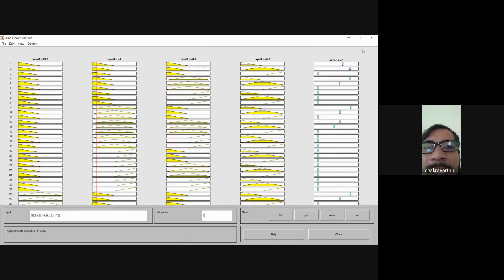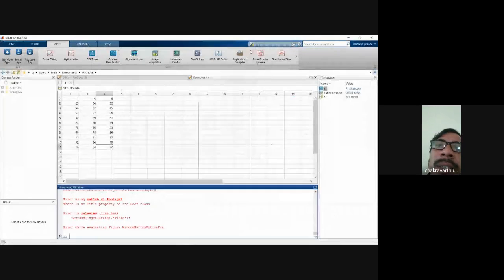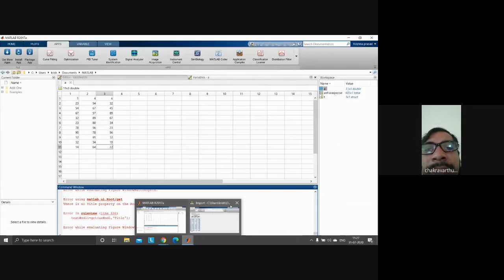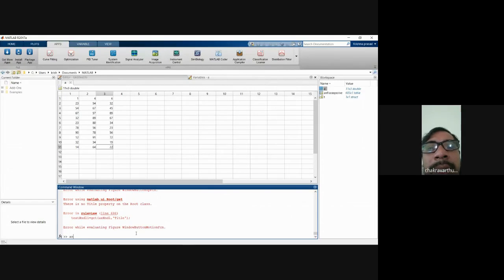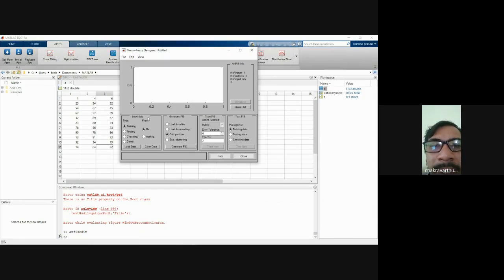I hope it is understood. Once again, I'm just repeating. Go to the first file. The first window that appears, don't close it. Just click on ANFIS edit here. To open the adaptive neuro-fuzzy inference system, you have to type ANFISEDIT in the command window so that it displays the Neuro-Fuzzy Designer.